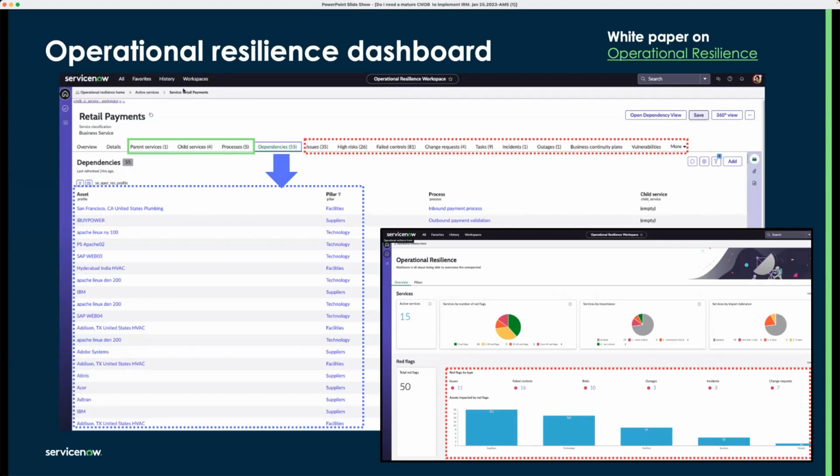So again, this is the new UI, but if you look at it in the old UI, UI 16, this is really just a service record called retail payments, for example. The record above this will look like a typical CMDB record where you've got your dependencies. The one thing that we wanted to show you here is for the service,